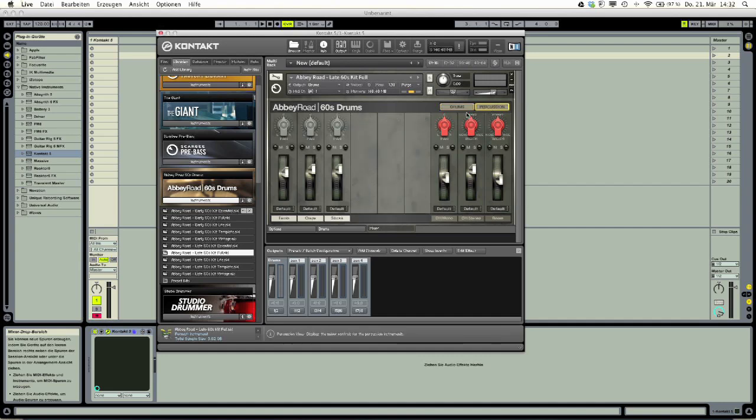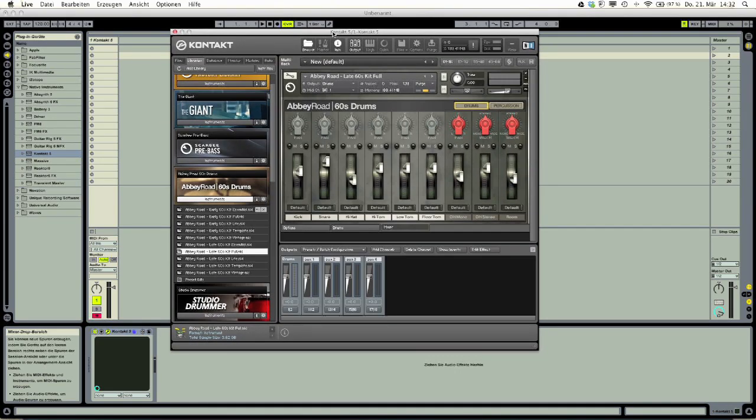We also have 3 percussion instruments, which are 3 mono channels also. But for this one, we only go with the drums, and you can figure it out on your own for the percussion. Okay.